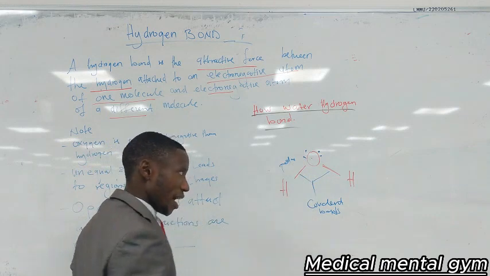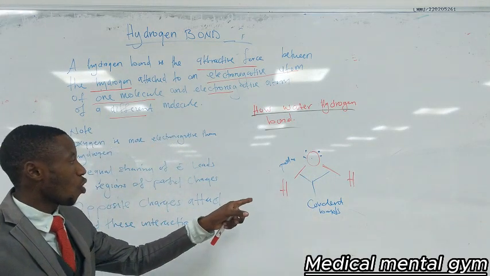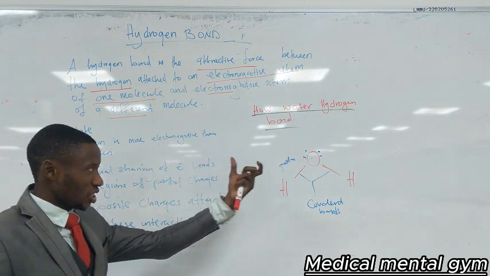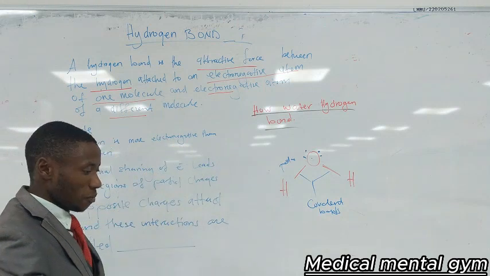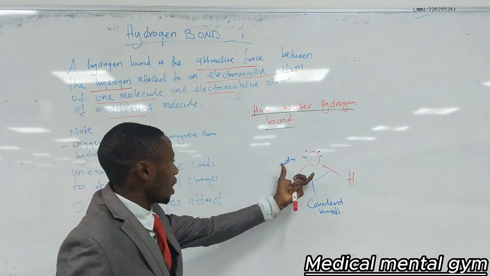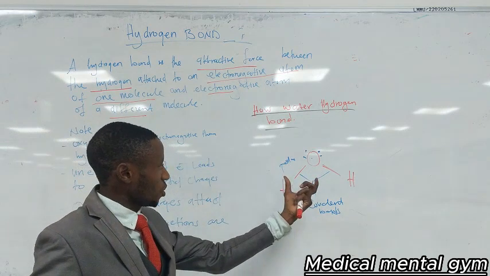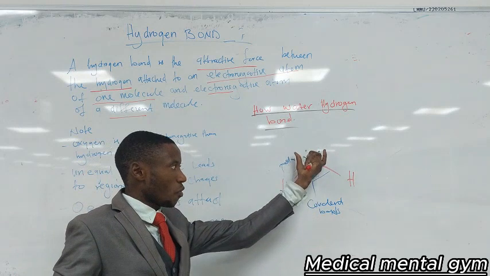It's polarized. Why? Because there is an unequal sharing of electrons. Oxygen, being highly electronegative, is pulling electrons from this hydrogen, which means the electrons are spending much of their time on this part of the molecule,